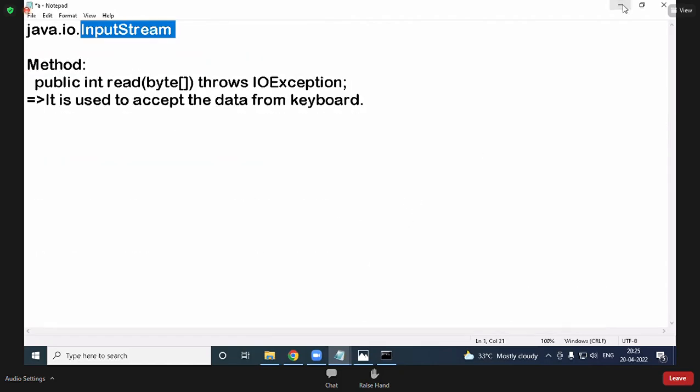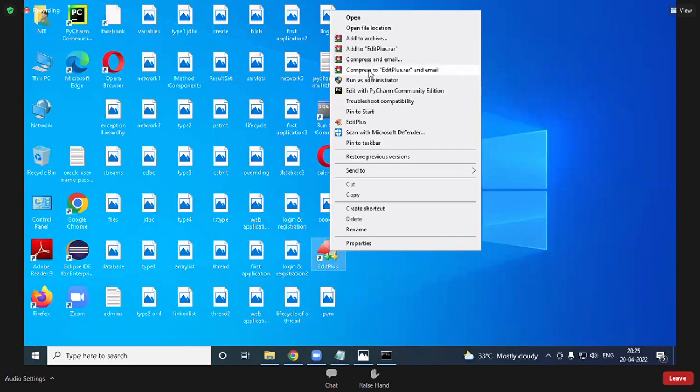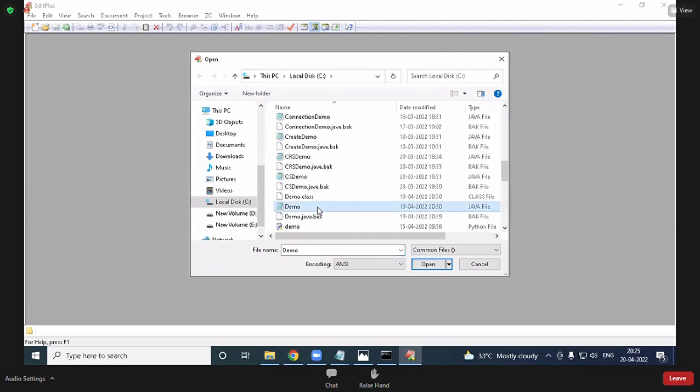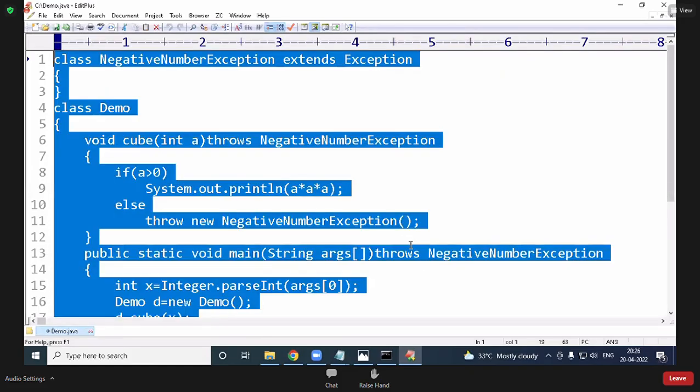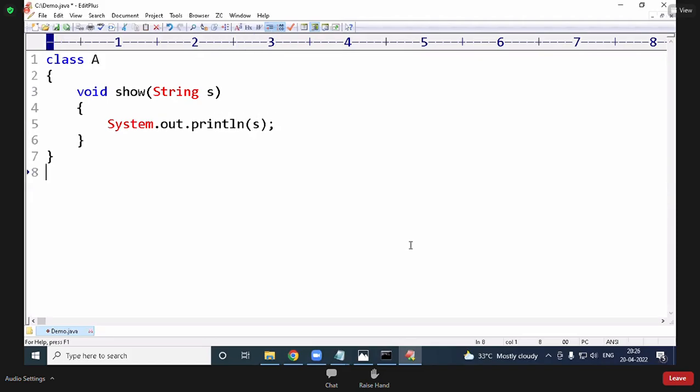For getting more clarity about this line, I'll create one program. Class A, with void show, which prints a string using System.out.println. Now, the show method: instance method or class method? Instance method. How many ways to access?